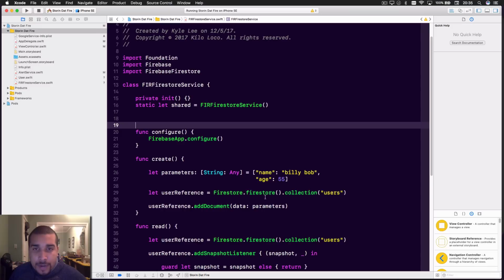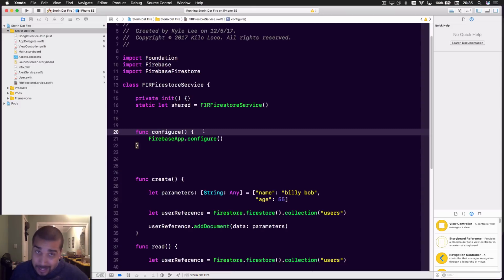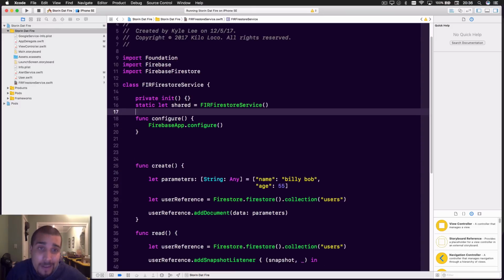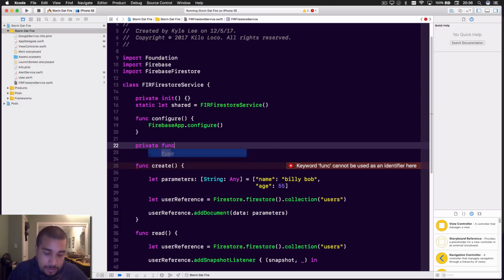So what we should have, instead of having to do user reference like this, because this is not dynamic, you'd have to pass in a string every time, and that's just not gonna work. That ain't flying with Kyle Lee. That ain't flying with that Kilo Loco. So what we could do is we're gonna create a reference, and you don't want to use this outside, so we'll just say private function, and we'll just say reference,